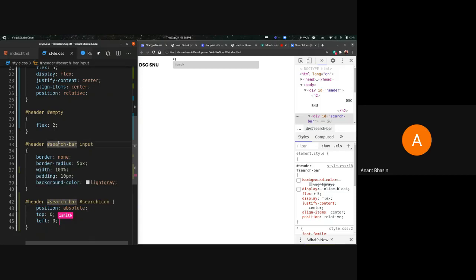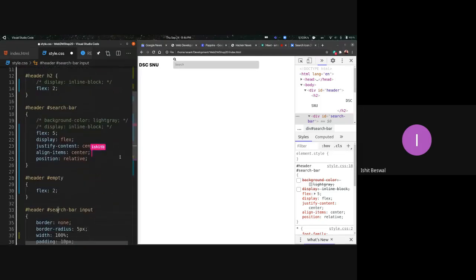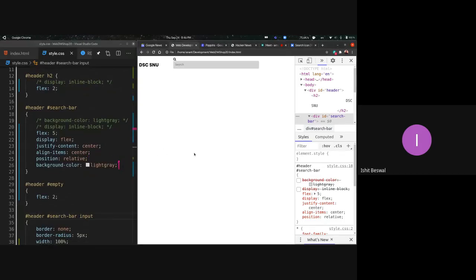Ishit, let's move forward. Explain it. Yeah, so what I was doing was I gave the background color there because if you go to the web page that we built, the search icon was in the search bar and the search bar had this background color. So I was just trying to clone that.